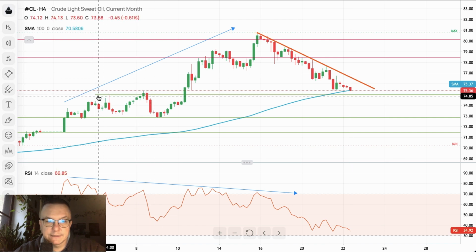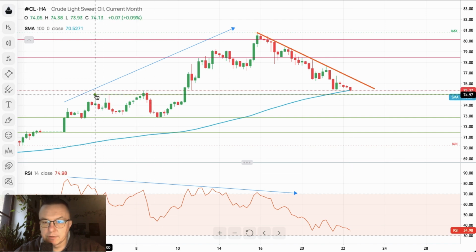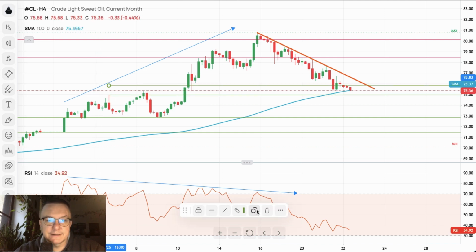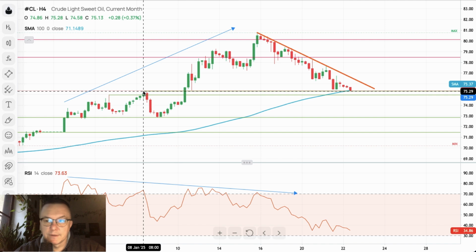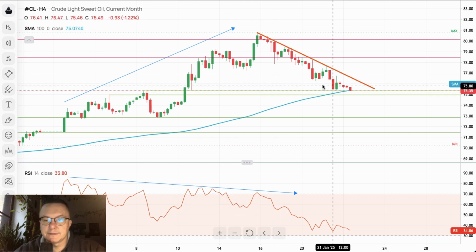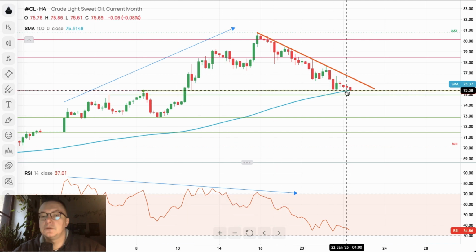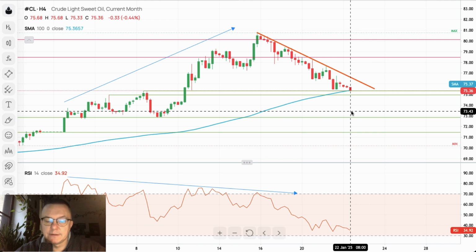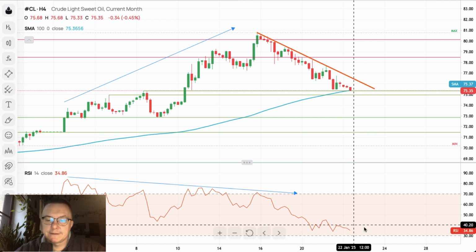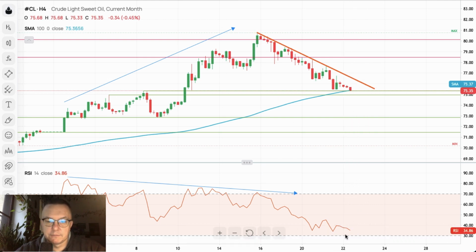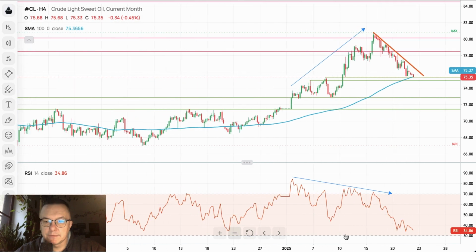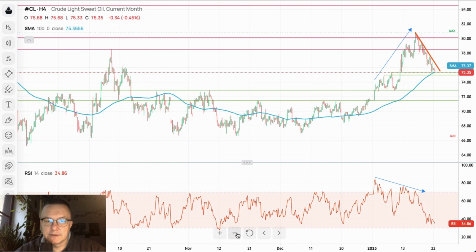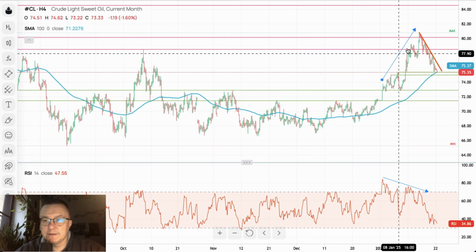And as long as we stay below this trend line, the outlook remains bearish. Now we're testing these levels here, which are the technical support levels, roughly 97 and 29. So this is the little demand zone, which is very close or even in line with the 100 periods moving average on the 4-hour chart. So maybe there will be some kind of a dip lower, and then we should see a slow bounce from the extremely oversold market condition.